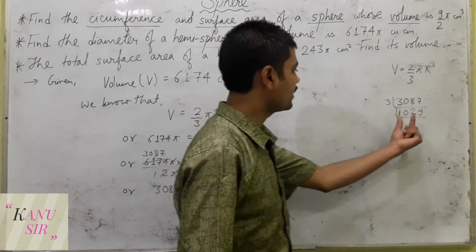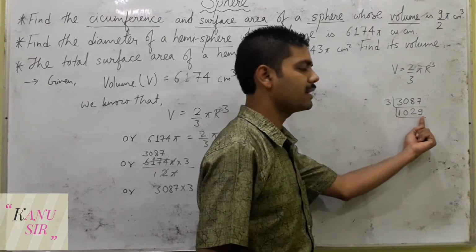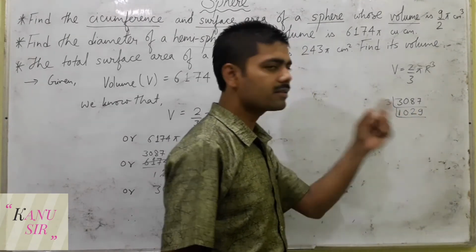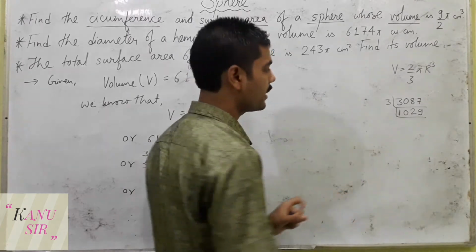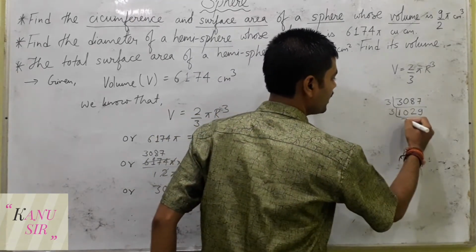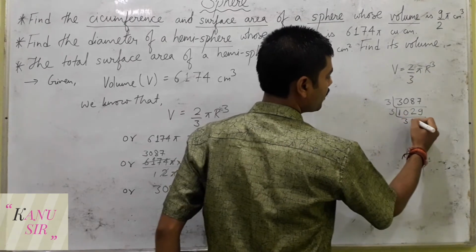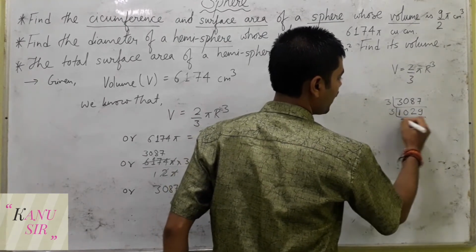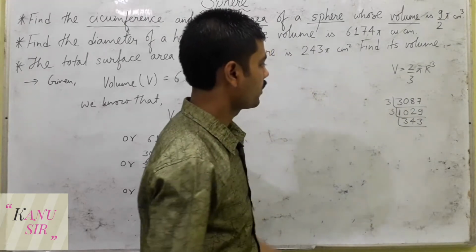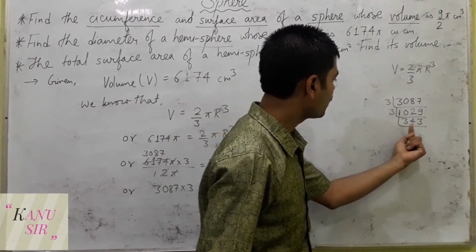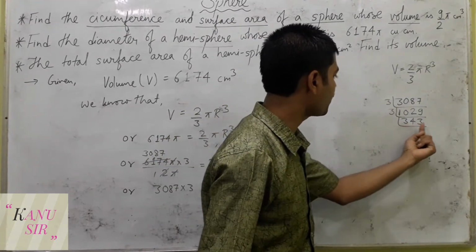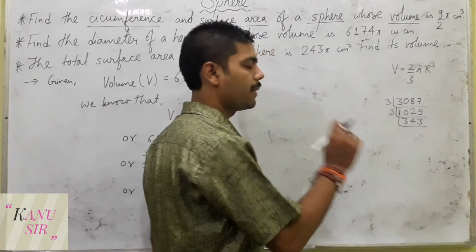Still, let us add the digits. 1 plus 2 is 3, plus 9 is 12, and 12 is a multiple of 3, so it is divisible by 3. So 3 times 3 is 9 and 10 minus 9 is 1 and 2 is 12. 3 times 4 is 12 and 3 3s are 9. This time it is 343. 3 plus 4 is 7, plus 3 is 10. It is not divided by 3.